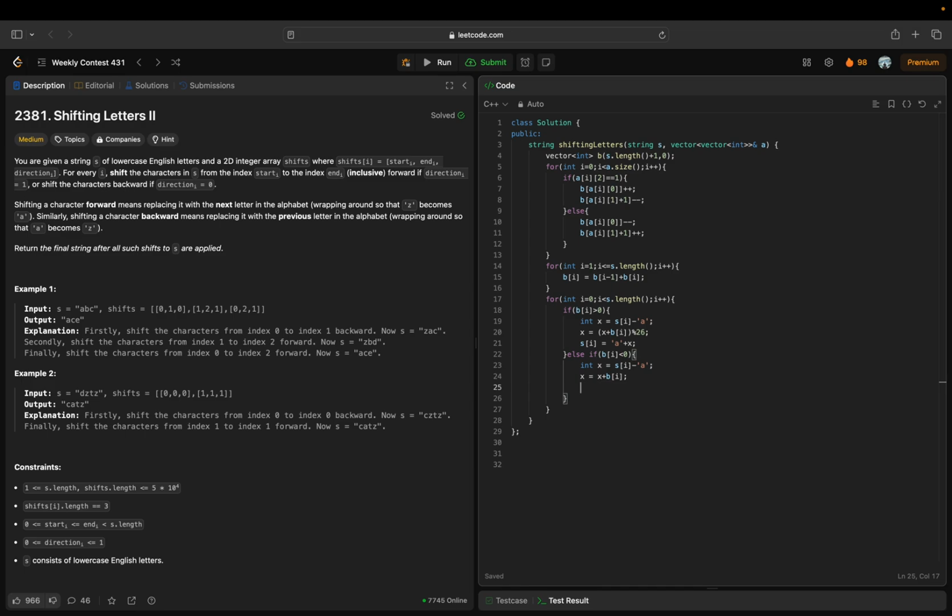But if it goes into the negative, then what we do is: if x is less than 0,